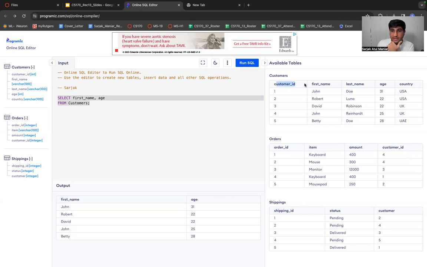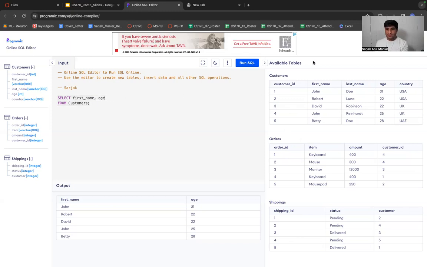We have customer ID, first name, last name, age, and country, right? These are the columns present inside the customers table. If I talk about the orders table, how many columns do I have? We have order ID, item, amount, customer ID, right? Similarly, for the shipping table, we have shipping ID, status, and customer.